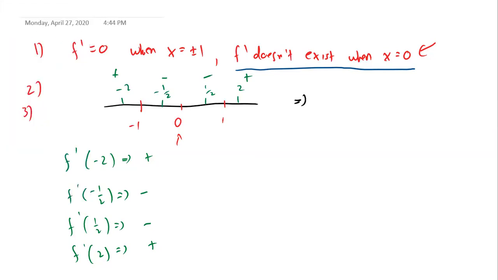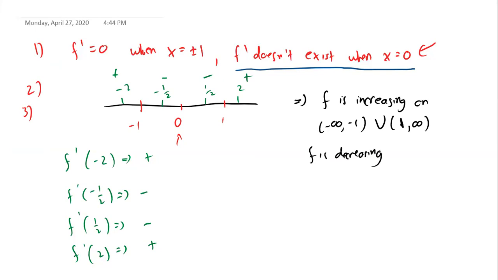Okay? So f is increasing wherever the first derivative is positive. So that's the intervals -infinity to -2, union 2 to infinity. Oh, sorry. Yeah, I always make this mistake. Remember to use the actual interval values, not the values you tested. So this is -infinity to -1, union 1 to infinity, and